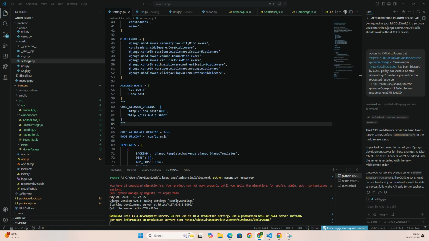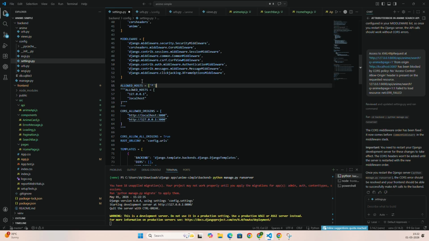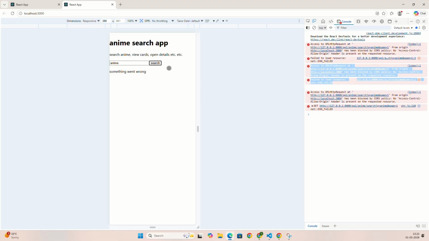And what we can do for this is let's just put it into comments right now and put the allowed host test or so. This is not the permanent fix for it, but